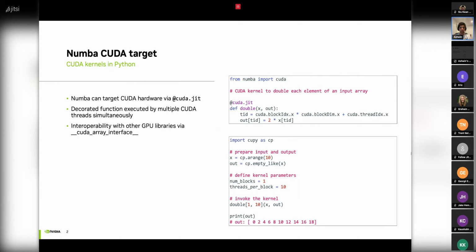Numba CUDA target. You do this by using the cuda.jit decorator provided by Numba CUDA. I have an example here on the right where I'm defining a Python function called double and decorating it with the cuda.jit decorator. Functions decorated in this way are referred to as kernels, and kernels are executed by multiple CUDA threads simultaneously. And so in this kernel, double, each thread is going to figure out its index. It's going to load some input data corresponding to that index, perform some operation on it. In this case, it's going to double it, and then write the result to the same position in an output